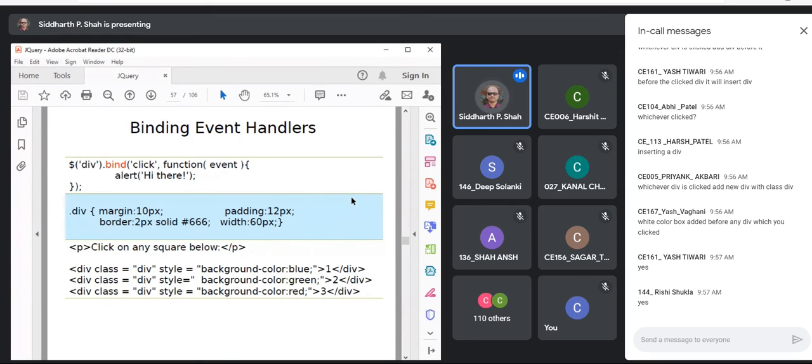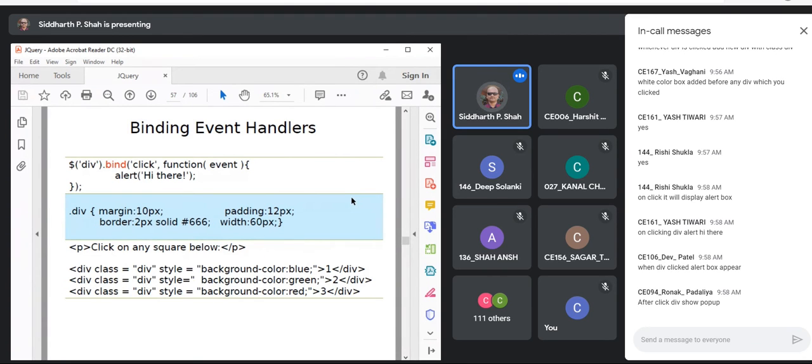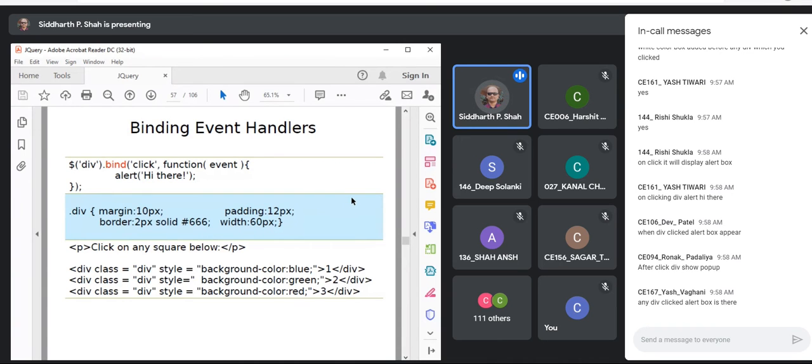So what will this do? Yes, whenever you click on a division, it will alert with some message, hi there, right? So this is how you can bind any event with any matching element.